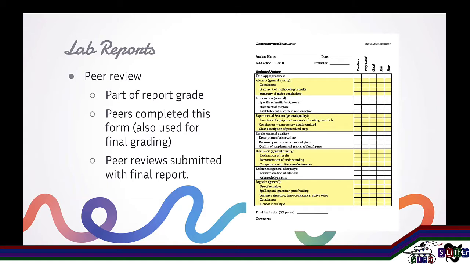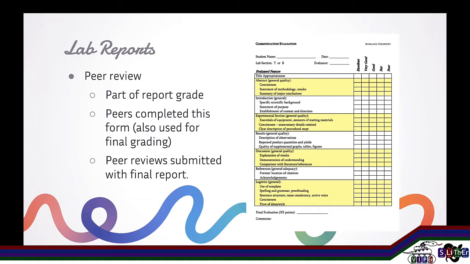When I did it, I allowed people to use kind of any outside person. It didn't have to be a peer in the class. And that actually led to some challenges, because other people, like a biology major or something, who read the report wouldn't understand it in quite the same way. So if I were to do this again, I would definitely structure that peer review step a little bit more. But it was really helpful, and the reports absolutely got better.